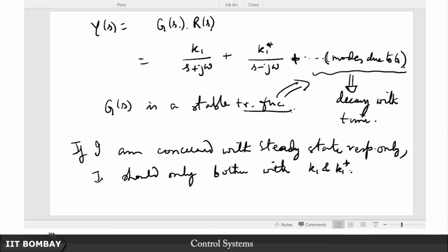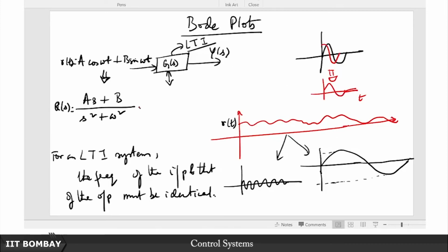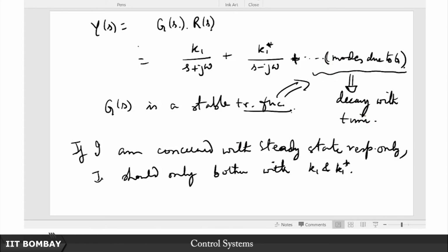Okay. So now that we've established that, basically what this Bode plot, or this so-called frequency response, is concerned with is the steady state response. That is the fundamental thing to be remembered. So you can always draw Bode plots for any arbitrary transfer function, but it will not make much sense, because remember, to start off with, this is a very crucial point, to start off with